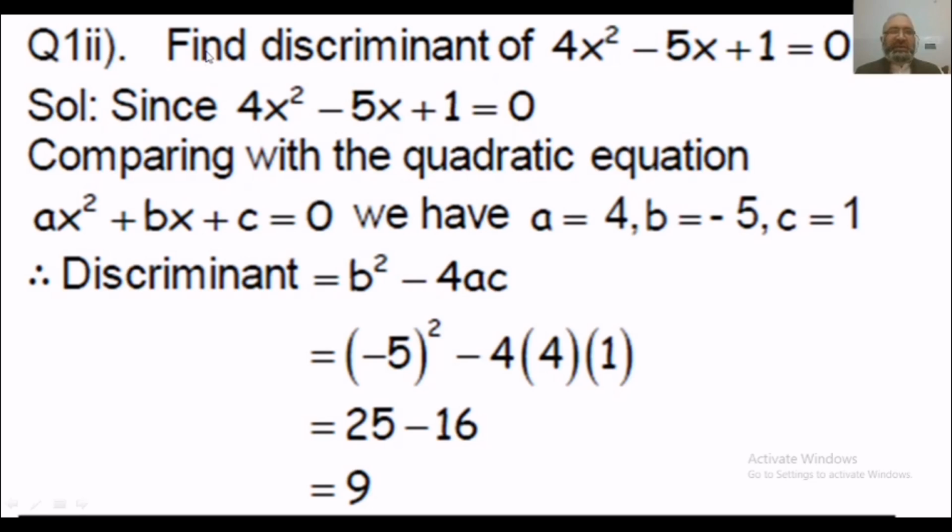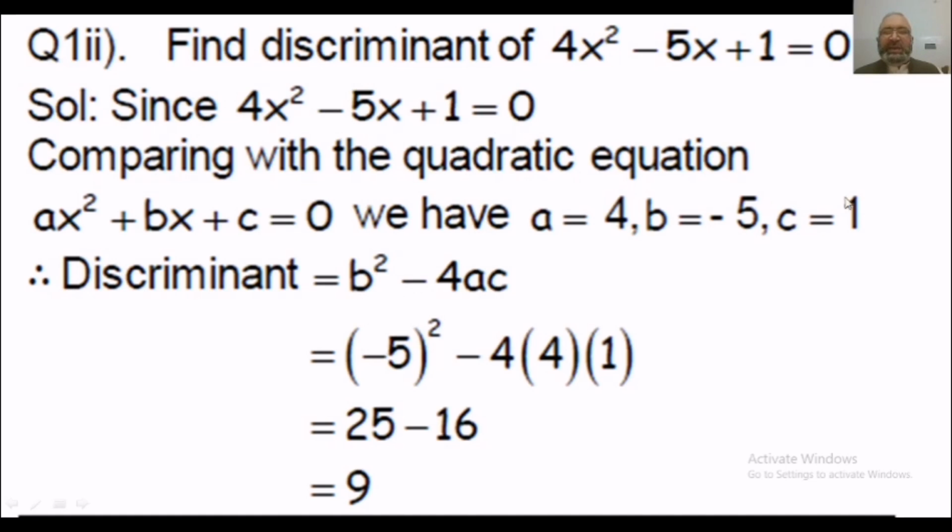Part 2. Find the discriminant of this quadratic equation 4x square minus 5x plus 1 is equal to 0. Since 4x square minus 5x plus 1 equal to 0 is in standard form, comparing this with the standard form of the quadratic equation ax square plus bx plus c is equal to 0, we have the coefficient of x square a is 4, the coefficient of x, that is b, is minus 5, and the constant term c is equal to 1. Now putting in the discriminant b square minus 4ac,